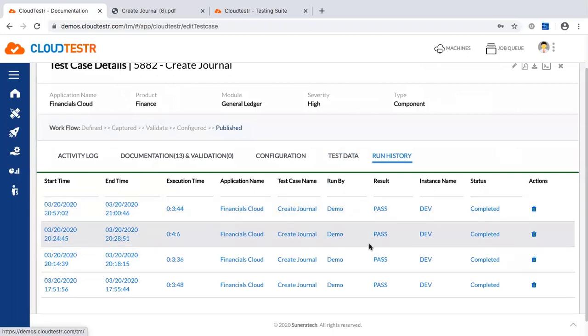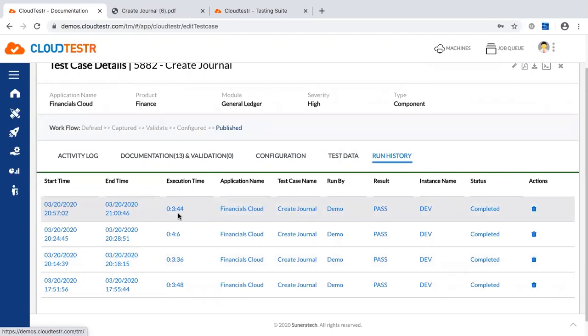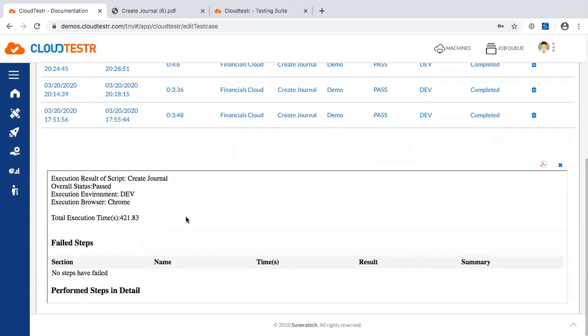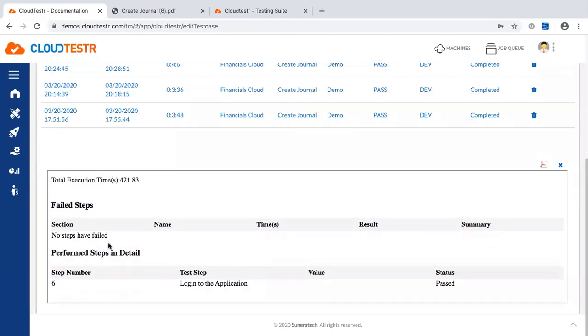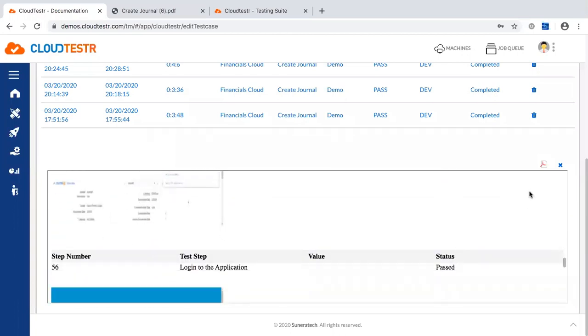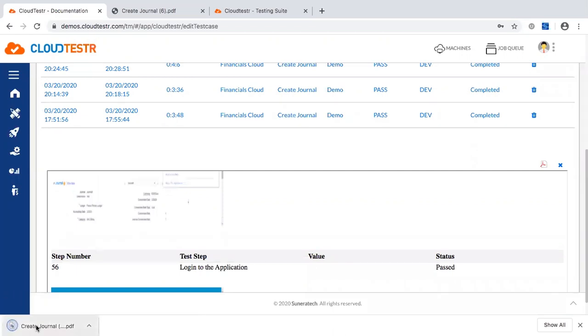So if you look at it in the run history, you see when we have executed these tests, how long it took for us to execute a test, whether it's passed or failed, where we executed it, and all that information is available to you right here, right? And if I click on one of these tests, even if you look at the results files, it's pretty detailed. You've got the details of the test, the environment, time it took. If there are any failed steps, you could see it up front right here with a screenshot, right? So you don't have to scroll through the whole thing to figure out where it failed. And this is also something that you can download